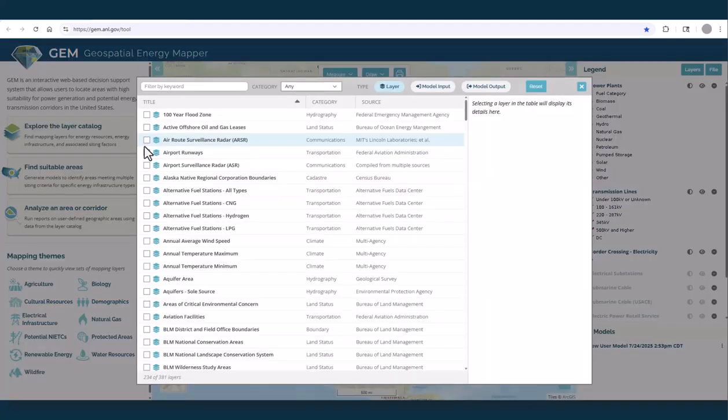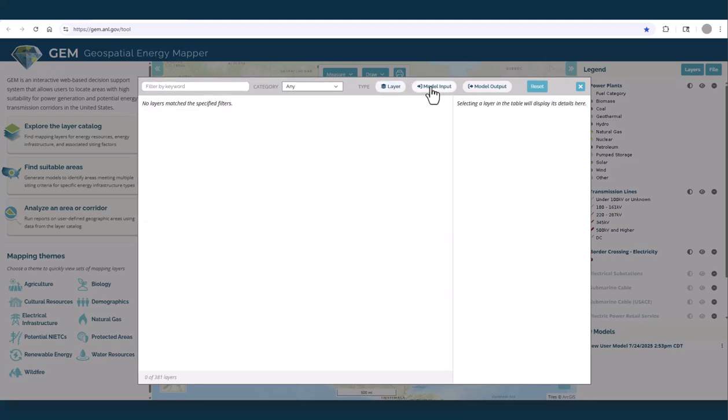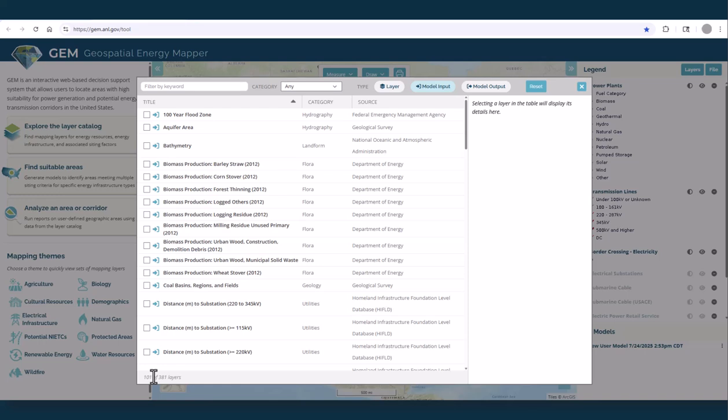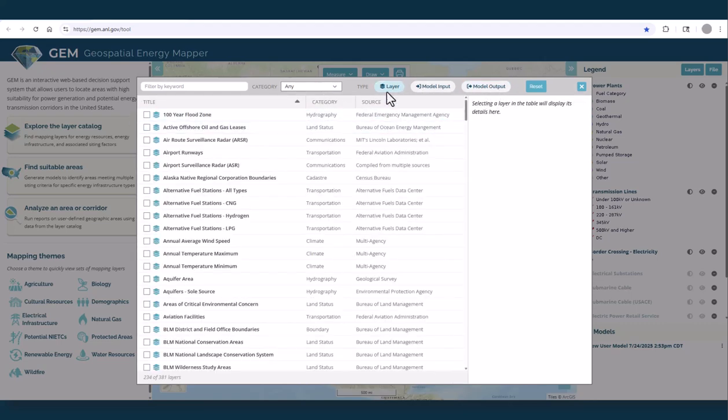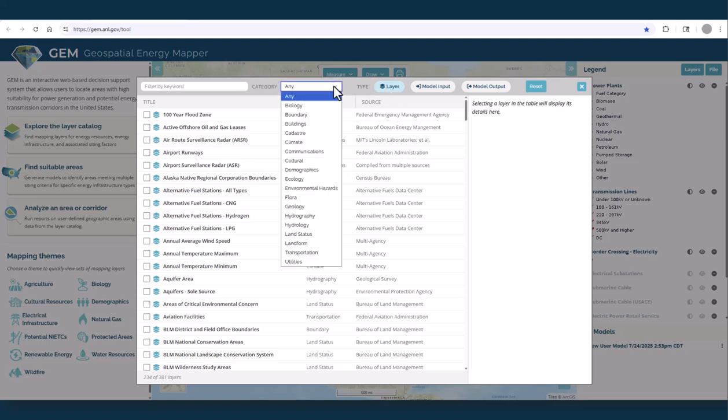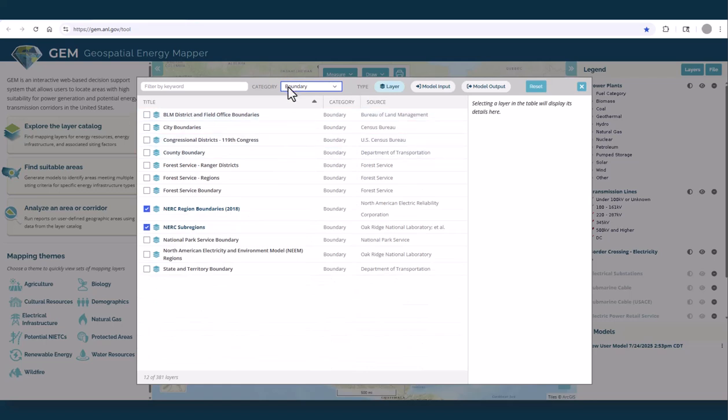Here's the catalog. You can see at the lower left, there's 234 mapping layers. So this button here is filtering for only the mapping layers. And if I turn it off and switch to model input, you can see there's 101 model input layers. Another way to view those models, you can just add them directly to the map with the model output button. So typically we're working in the mapping library, and first one, and I pick some category filter. So now we're only showing the layers within the boundary category,